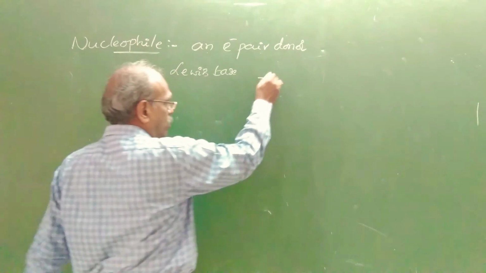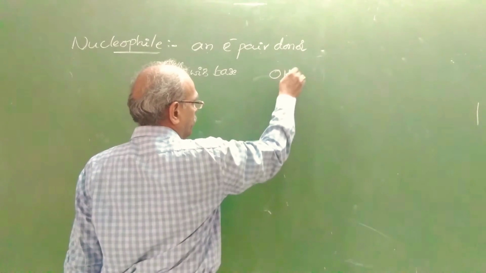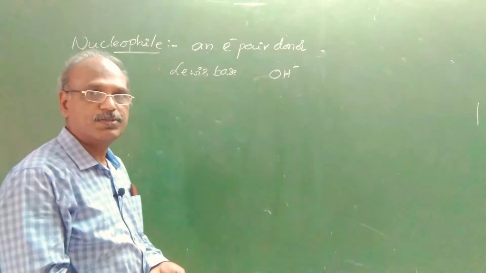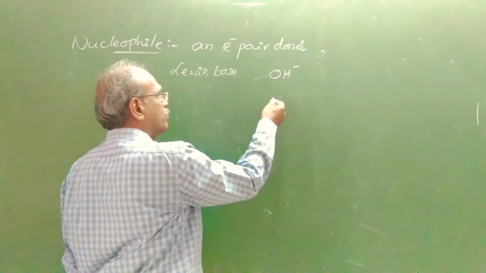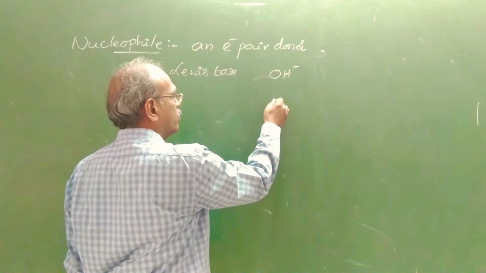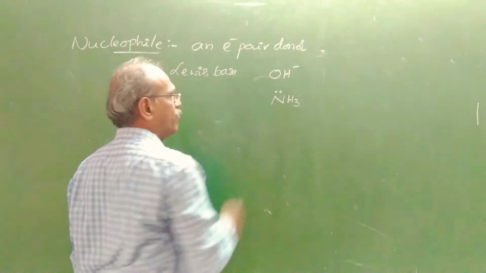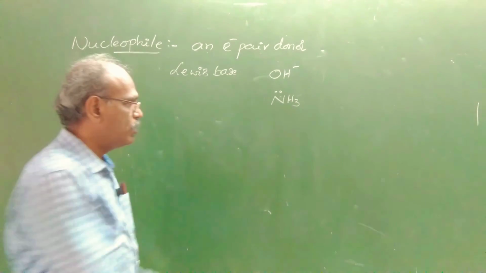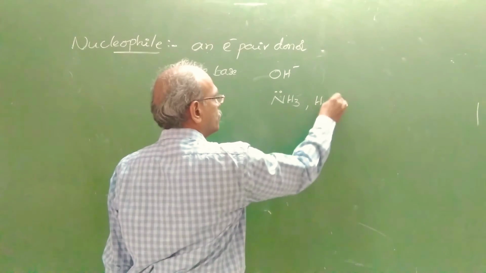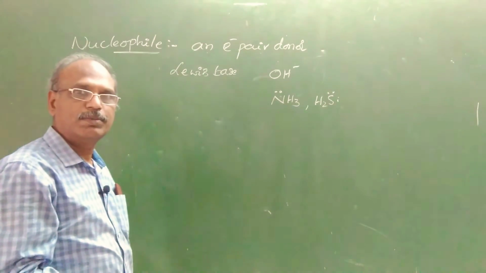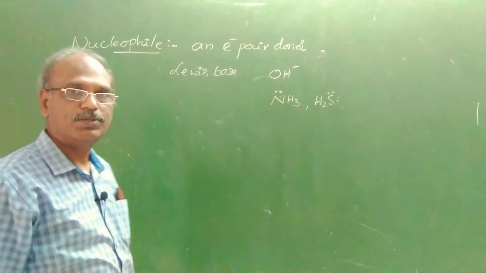For example, OH minus, or if it is a neutral species, see, it is neutral molecules in which central atom has a lone pair of electrons like NH3 or H2S, like that, oxygen, sulfur, nitrogen,